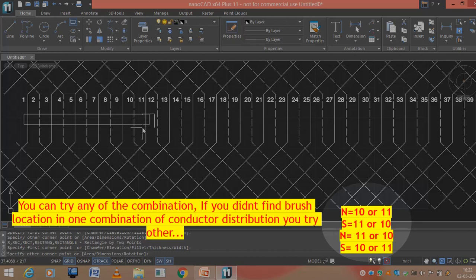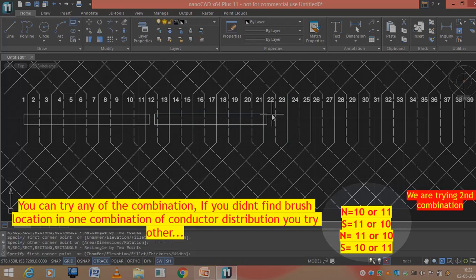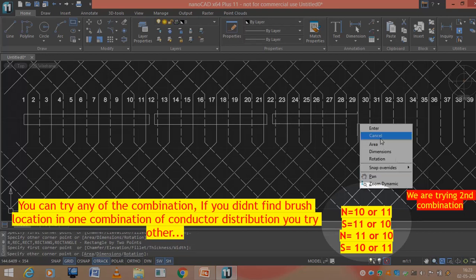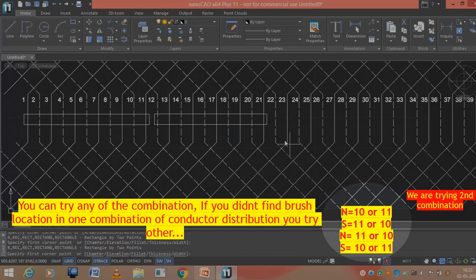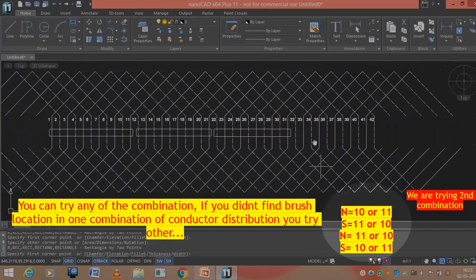Because I already have 11, plus 10, it will become 21. So it will be balanced, right? 21 conductors. Again, I should plot the north pole. Under the north pole I already have 11 conductors. It means this north pole should cover only 10 conductors, right? One, two, three, four, 10 conductors, and the other south pole should cover 11 conductors.